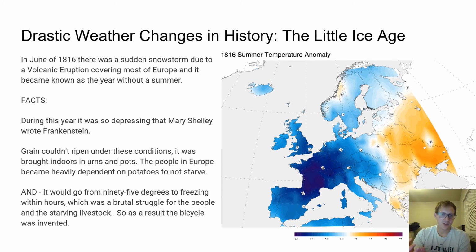During this year it was so depressing. That's when Mary Shelley wrote Frankenstein. Grain couldn't ripen under these conditions, so there was a massive famine for most places, and it would go from 95 degrees to freezing within hours, which was a brutal struggle for the people and the starving livestock. So as a result, the bicycle was invented during this time, mostly because